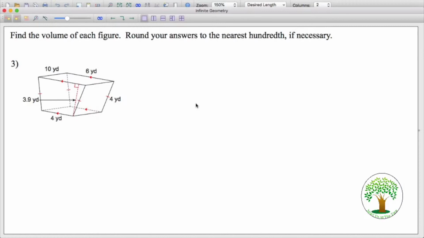What kind of shape is this one? What's the base shape, I mean? Rectangle. Careful. You know what I mean? Okay. Instead of a rectangle, it's called a what now? A trapezoid. What's the area of a trapezoid? 1/2 h